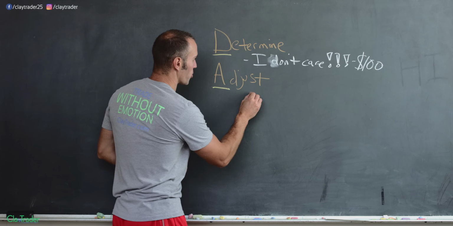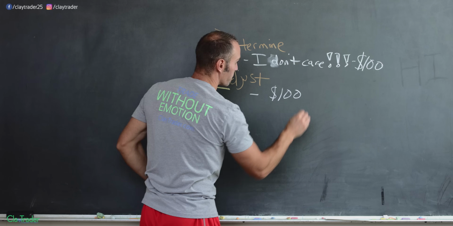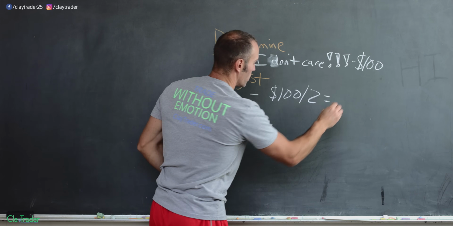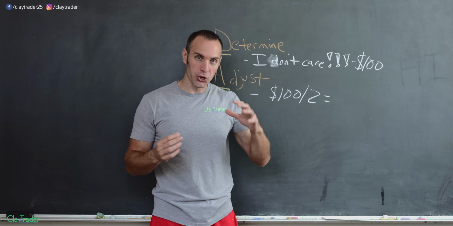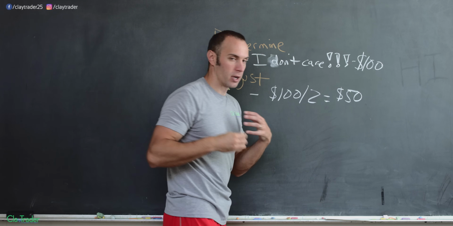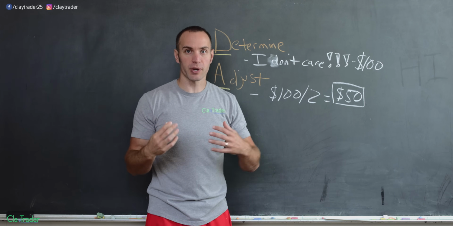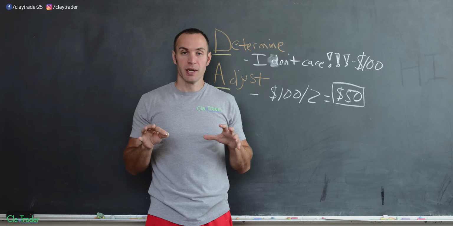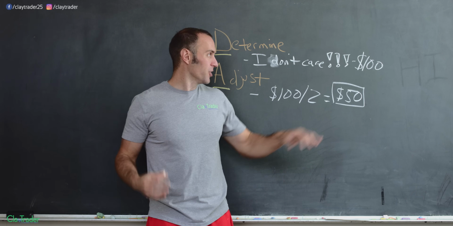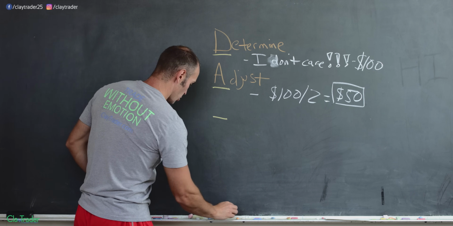How is this working? Well, you're going to take the $100. Whatever your number is over here, who knows what that number is, you're going to take it and divide it by 2. That means your actual number that you're going to work with moving forward is now, in my situation, $50. So $50 is the true I don't care number, because we need to hedge and mitigate against the fact that you're a beginner and you're not quite going to know that number. And then the next part here, which is the V.